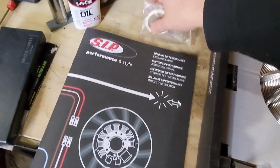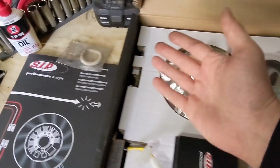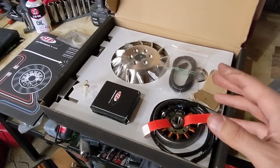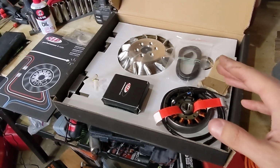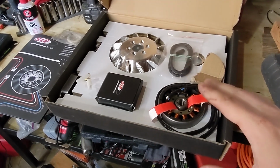But I'm going to throw this little piece of felt in front of the carb, hopefully to help that air leak. When I spray carb cleaner there, it will kill the bike, so there's absolutely an air leak there. But for now, we're going to go ahead and plan on using these parts, but for now, just really enjoy